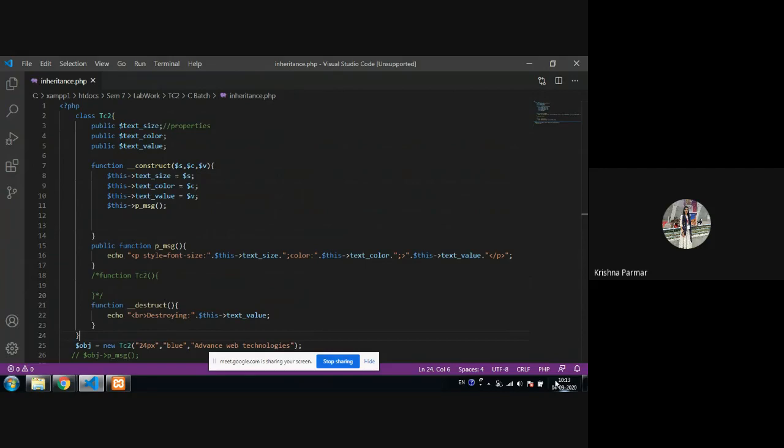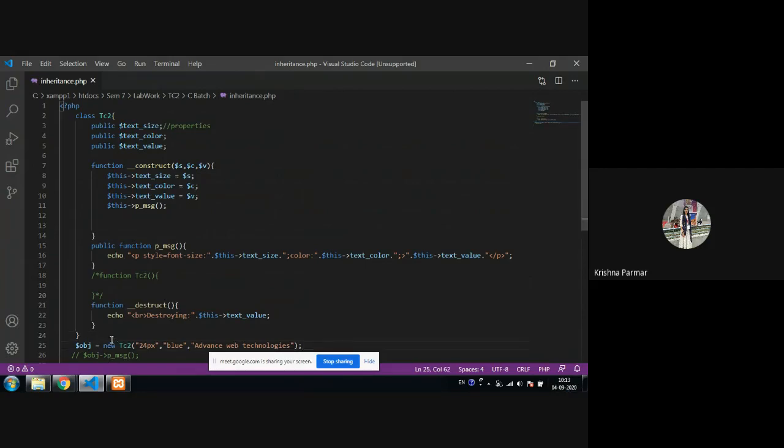They can access all those things, as well as their own class properties and methods. But the parent doesn't have access to the child class, so they cannot access any of the properties or methods of the child class. So keep these things in your mind.